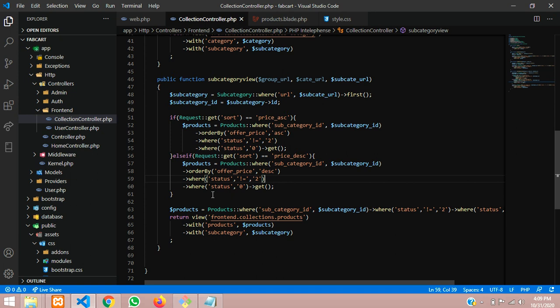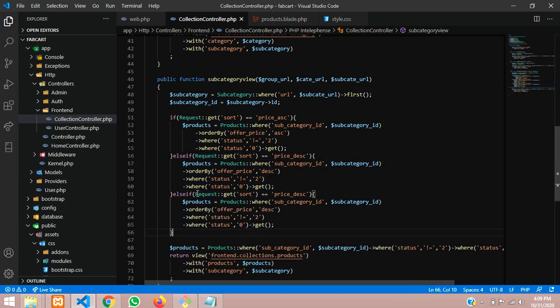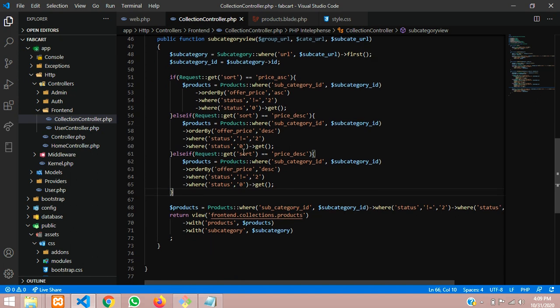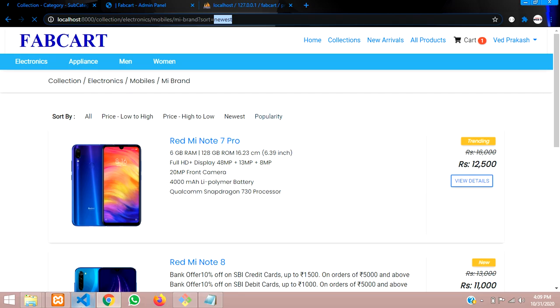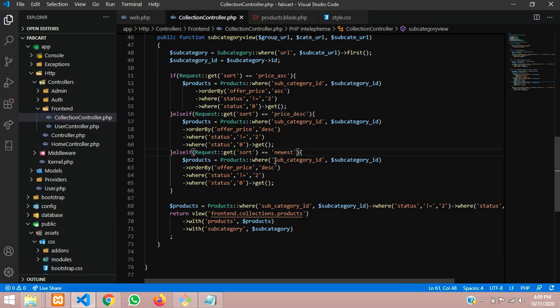And now let's view this third option. Again we have to copy this, so let's copy it once again and paste it, right? After pasting this, we'll move with this third option, newest. Newest means the newly added product will be there. So let's copy that, paste it, newest, and here you will be telling created at. So you're going with the last one, so we will be fetching according to this.